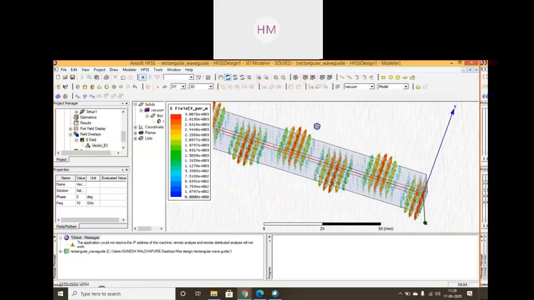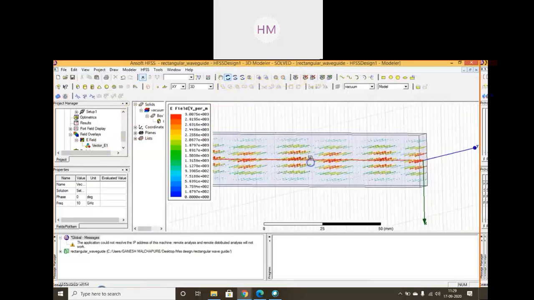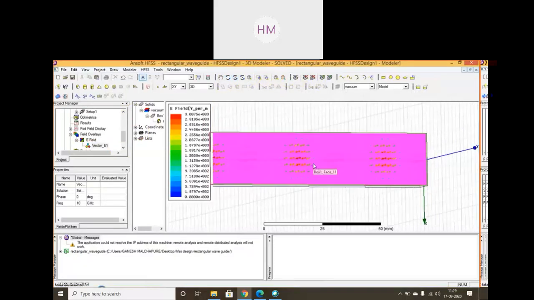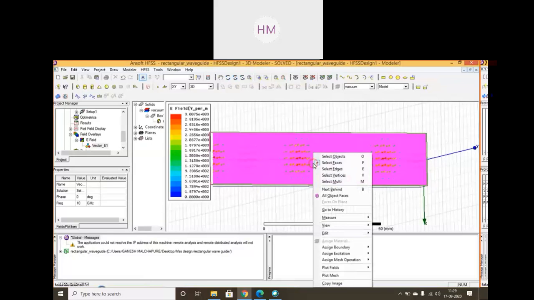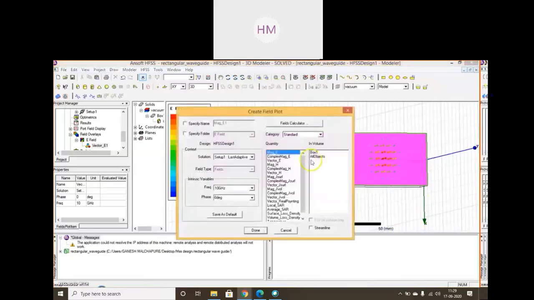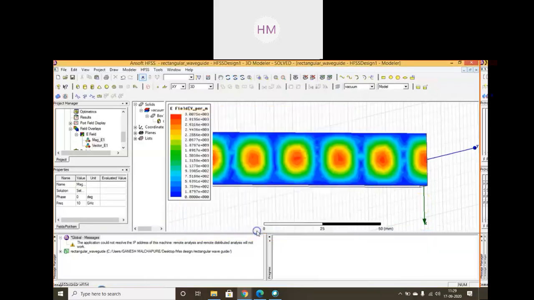Now similarly, we can see the magnitude plot. How we will see the magnitude plot? By right clicking on the box. See, assign plot fields. E field हमने पहले vector देखा था. Now I will see the magnitude. Same process. Now you can see the magnitude.